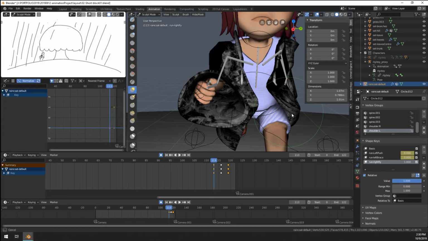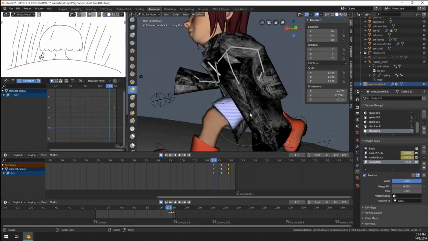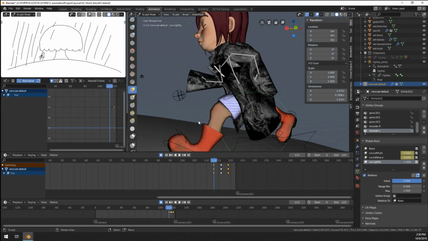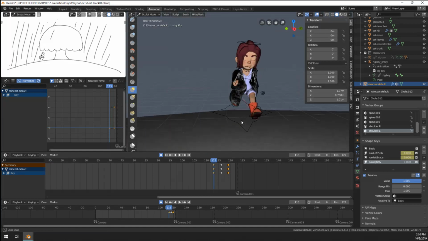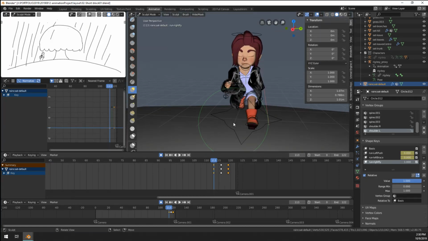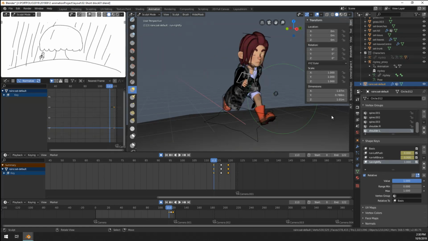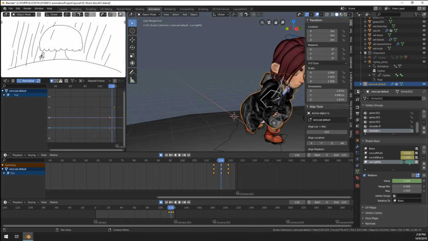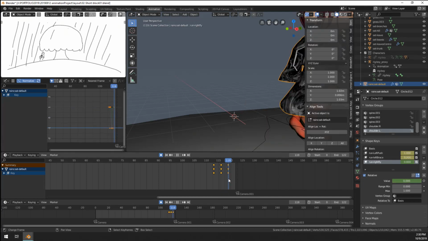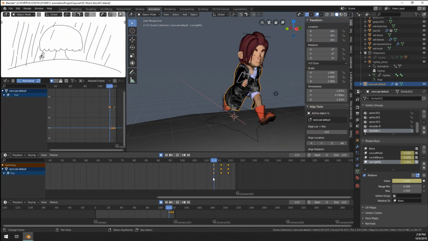So let's just have this come down a little bit nicer. There we go. That's cool. Cool. So I'm gonna put a keyframe here, and then on the next one I'm gonna put it on 0, and I'm also gonna put a keyframe here. What we can do now is